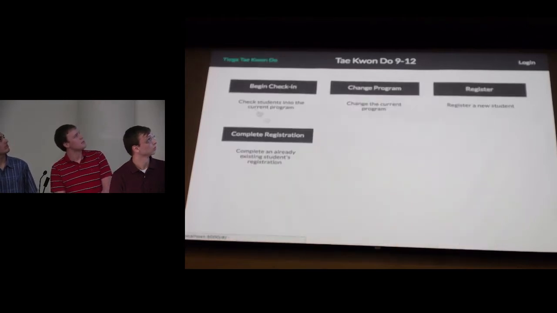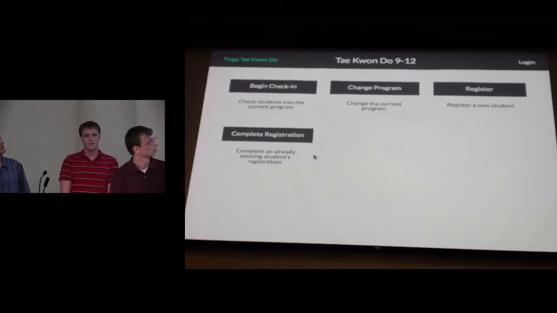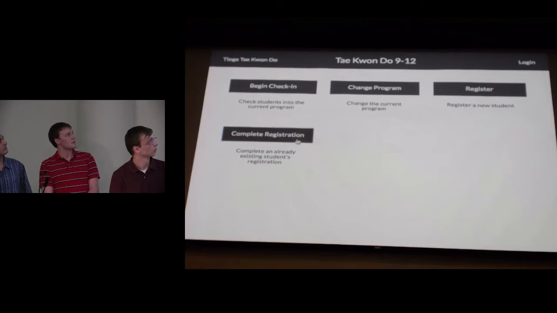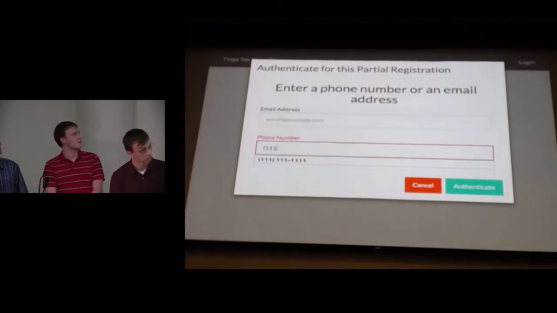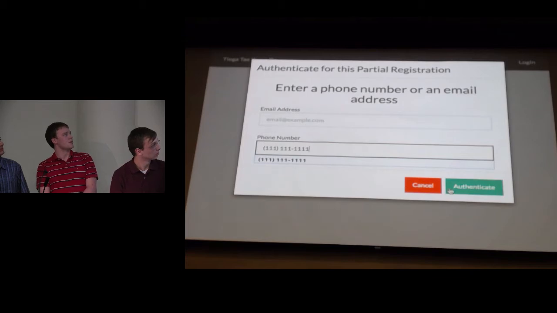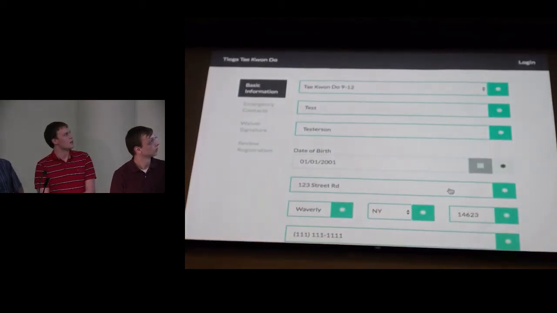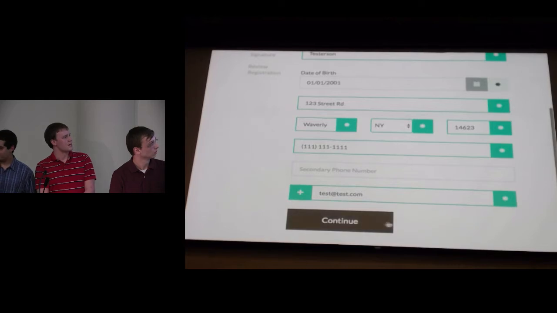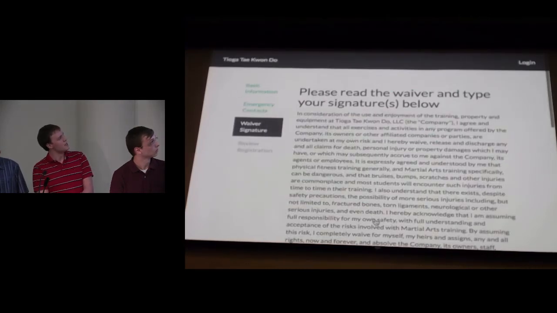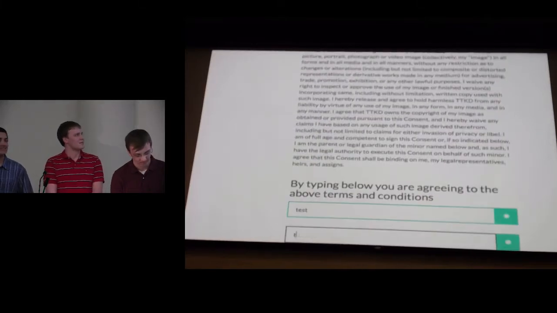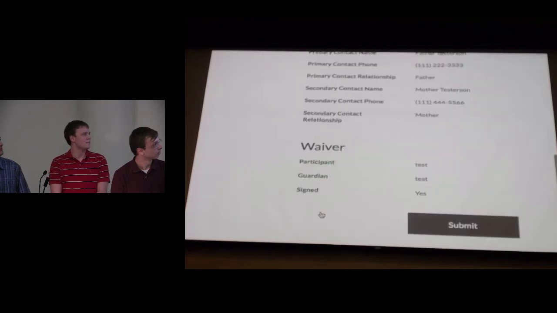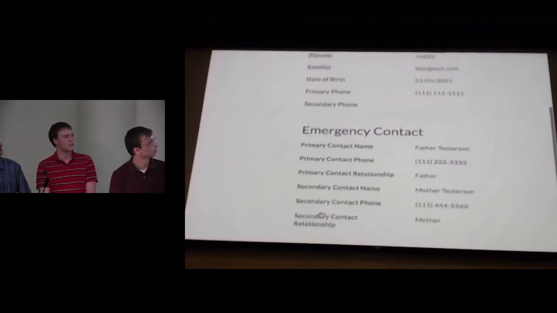So if you go back, another function that we can do is register or complete partial registrations for the system. A secretary of the system can go in and fill out a bunch of your information ahead of time so that you don't have to do it the day that you're actually registering. So if you do that, you can confirm that it's you by entering your phone number or email address, and then you can verify that all of your information is correct and continue, and then you can read the waiver that we have, and you can sign it at the bottom there. Once you verify it, you can register yourself in the system,